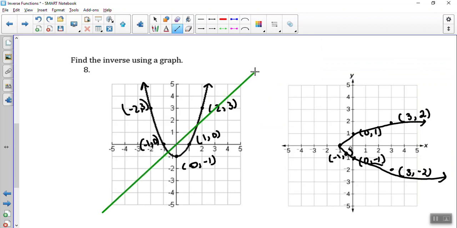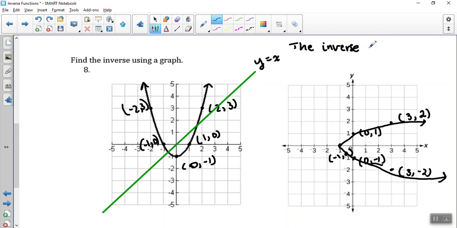Something about this line is it goes through the origin, and it's a perfect diagonal line, and this line here is called y equals x. So the inverse function is reflected